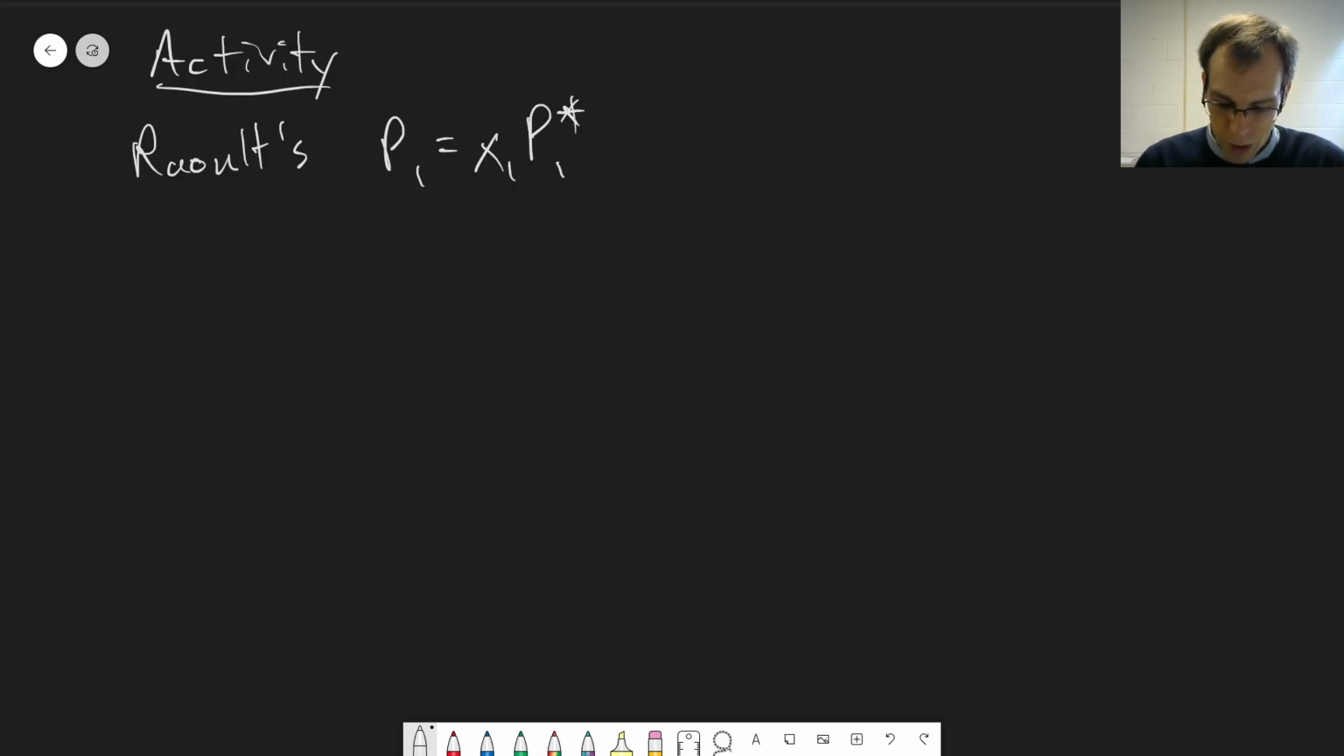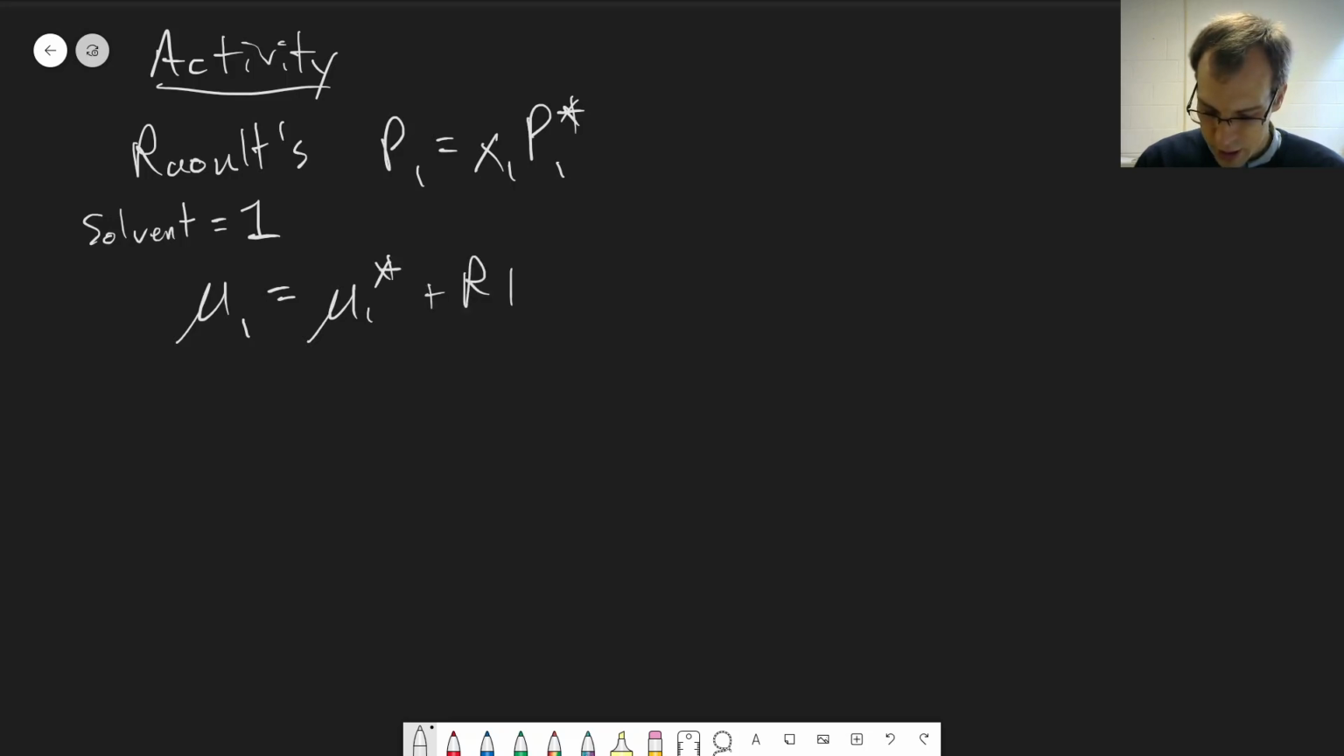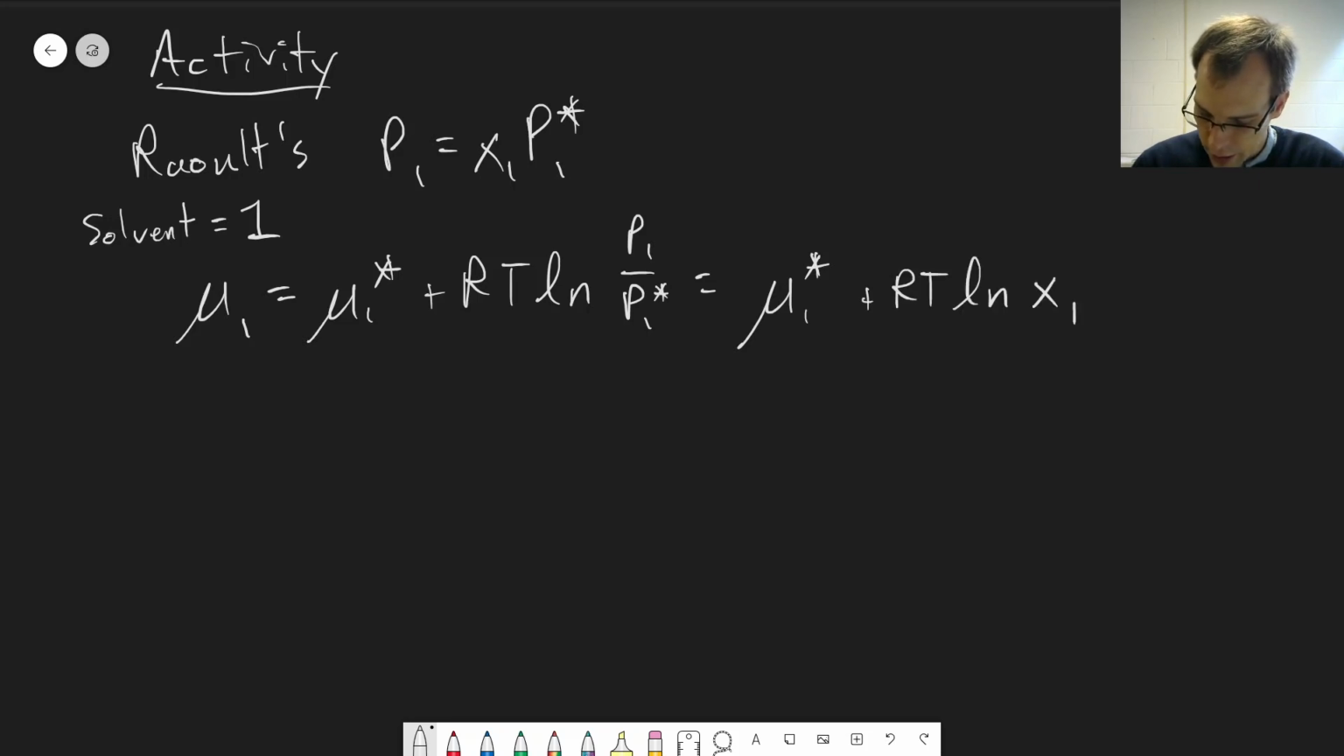And if Raoult's law is followed, we get that the chemical potential of component 1, our solvent, which will always be component 1 in these sets of videos, is mu1 equals mu1 star plus RT natural log of P1 over P1 star. This is an equation that we derived in the previous chapter. And if we plug in Raoult's law, we have mu1 star plus RT log x1,